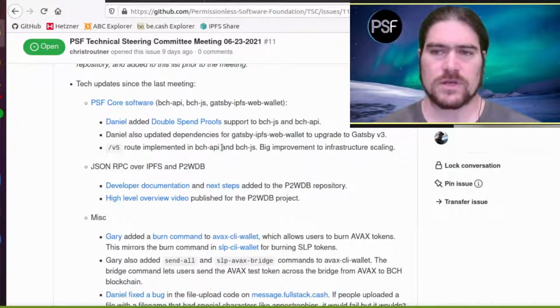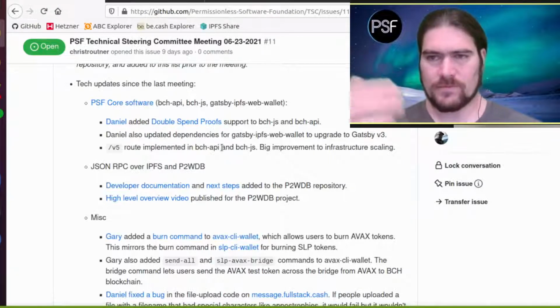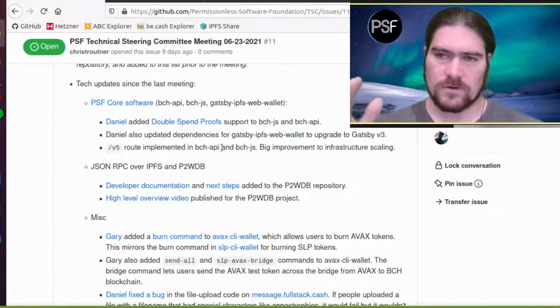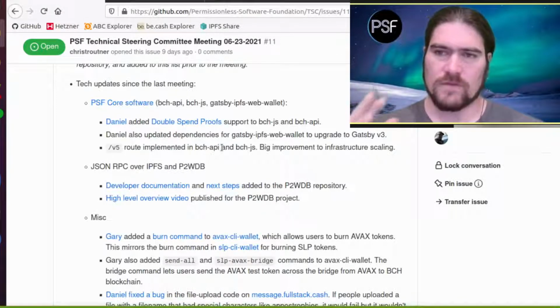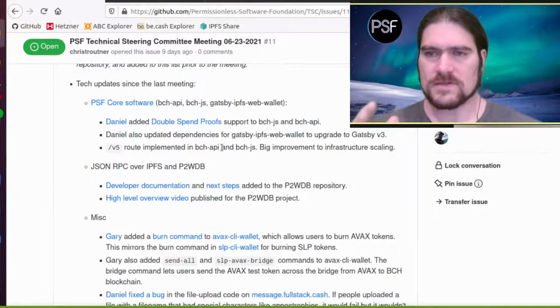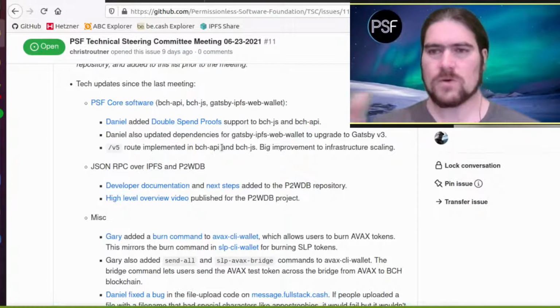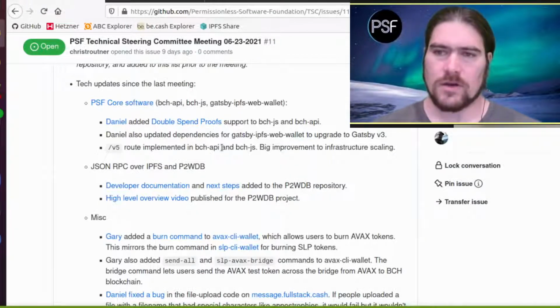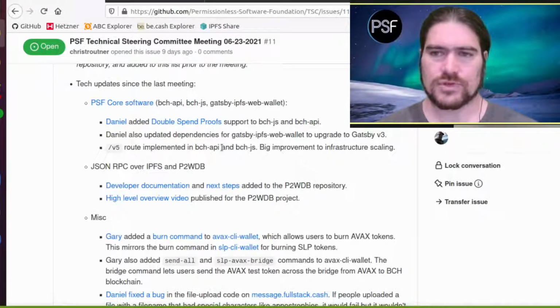it will eventually start to suffer from scaling issues, because the technical nuts and bolts for those who are interested, it has to do with the fulcrum indexer, which is how you get address balances and UTXO information. The V4 route could only talk to one instance of that, and so the V5 route allows us to scale horizontally and have multiple instances of the fulcrum indexer running on our backend. Yeah, and so that's a technical reason for this version change.